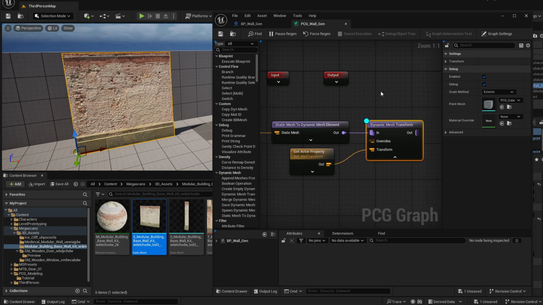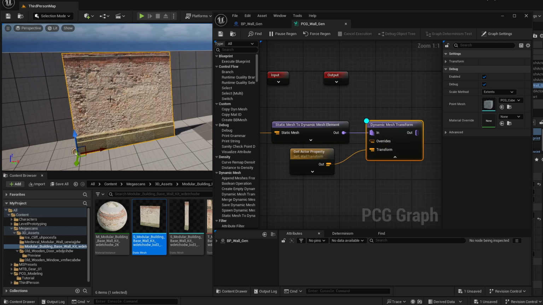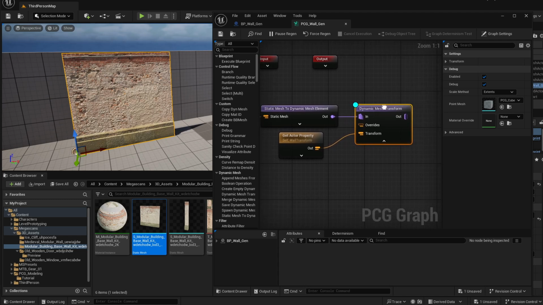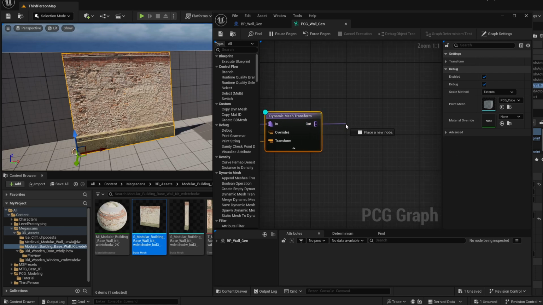So now this is showing the debug mesh for my PCG graph. If I hit the D key again, you can see I have nothing in my level. The D key shows the debug mesh, the generated result of this node, but it's not actually spawning anything into my level. To make the PCG graph spawn an object into your level, you should drag out of this node